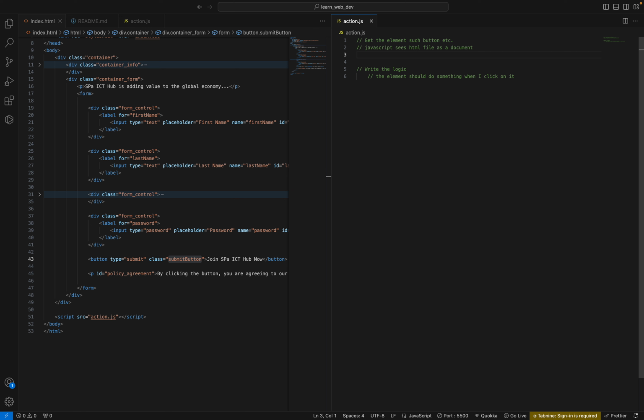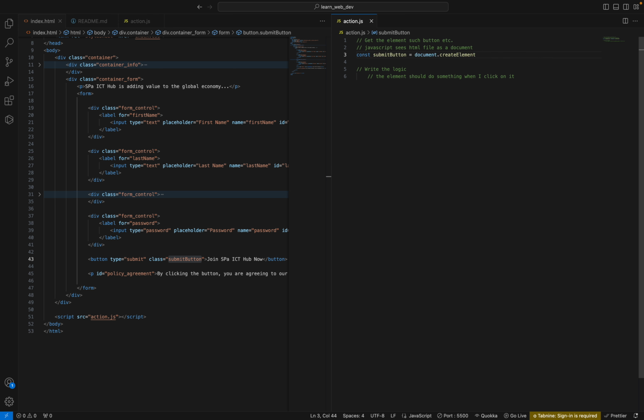So now to get that, create a variable called, let's say, button, let's use the same name, submit button, or let's call it join button, or anything you want to call it, just make it descriptive. Okay, so let's maintain the name